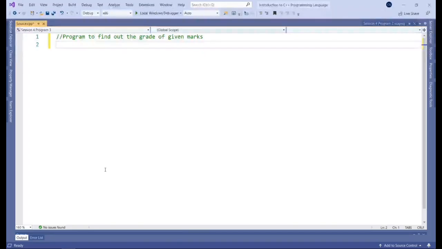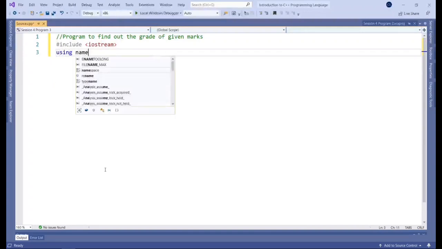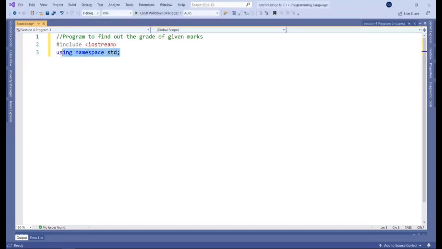So thinking about that from the beginning, the first thing that's obvious is we're going to be dealing with both input and output. So for that, we're going to need to include the iostream module, okay? That's going to help us with that input output. Then we're going to be using our standard namespace. This is probably the bit that you might find yourself forgetting because it's not that straightforward in terms of the flow of the writing, but it's really important.